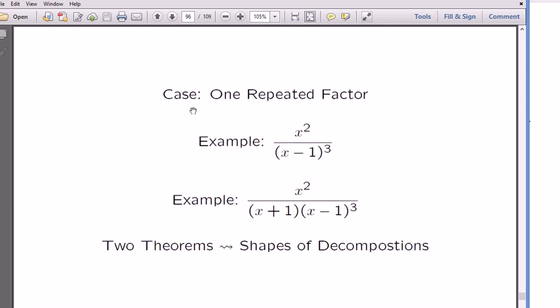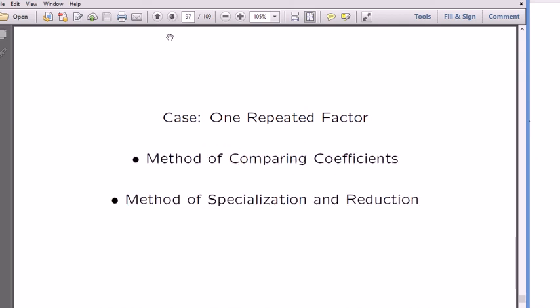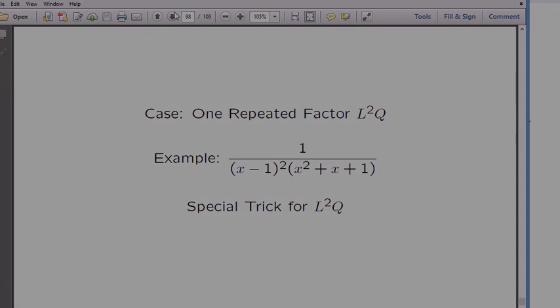Does that make sense? Question? All right. So that's one repeated factor being in there. We didn't actually do comparing the coefficients, but you can always do that and come up with that 4x4 equation as in an earlier case. And if you specialize, you can probably do it a little bit faster. All right. So this is a